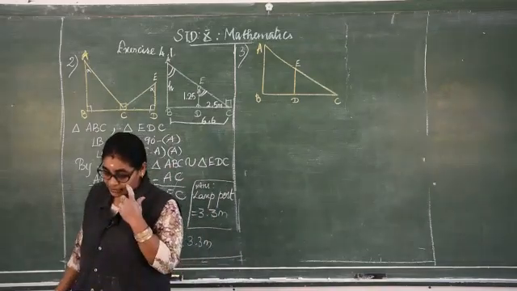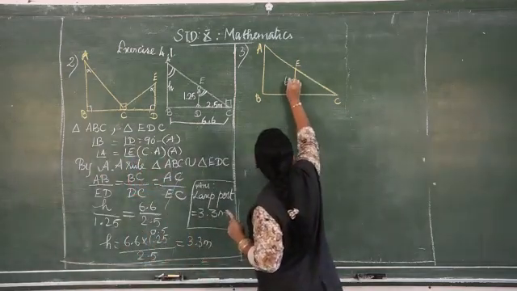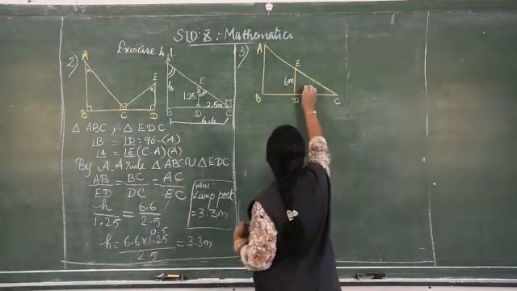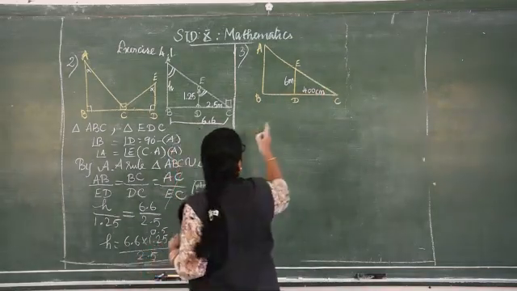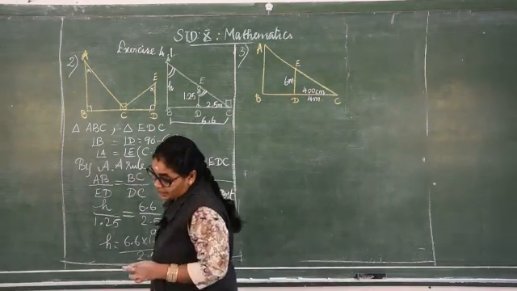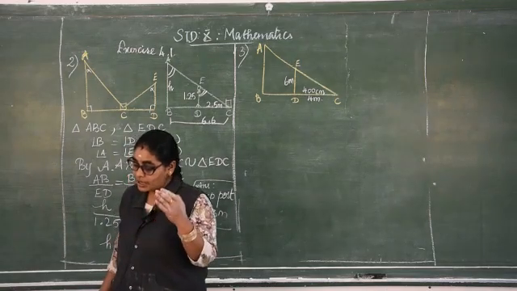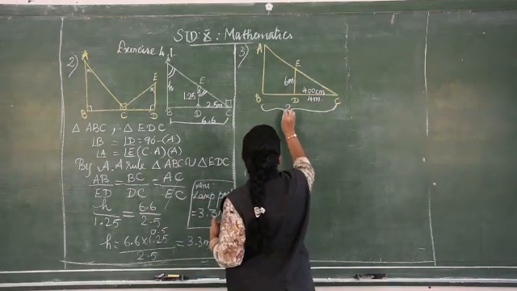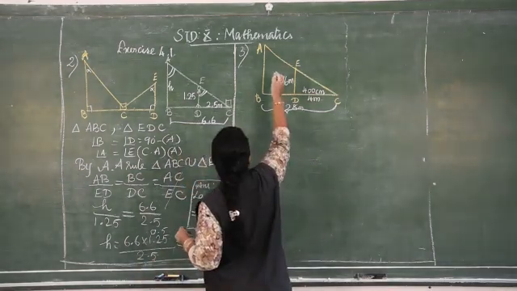So the height of the vertical stick is 6 meter. So this stick is 6 meter. It casts a shadow 400 centimeter long on the ground. This is 400 centimeter long, and I can write this one 400 centimeter as 4 meter long on the ground. At the same time, the tower casts a shadow of 28 meter long. This tower's shadow is 28 meter long. Find the height of the tower using the similarity conditions.